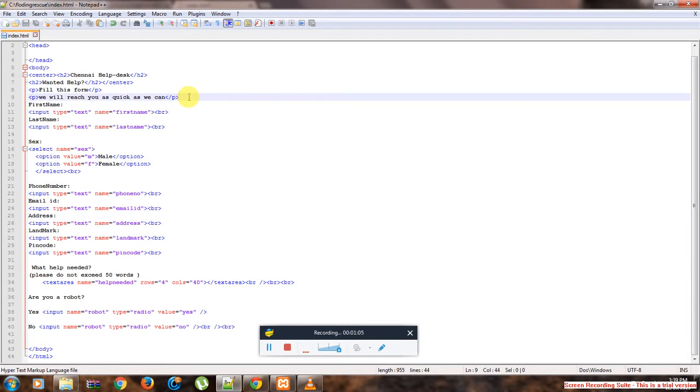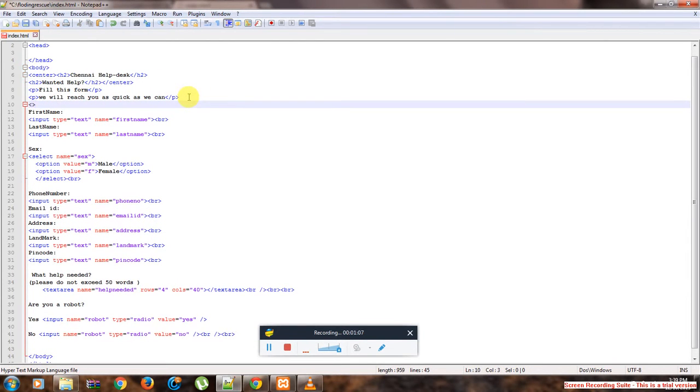So I'll make it a form field, form, and method equal to post. Actually we have two methods, one is post and the other is get. If the data you are giving to your PHP script is sensitive data, then you make it a post. If it is not sensitive, then you can choose get. When you choose get, everything will be shown in the URL tab. So I'll choose post,